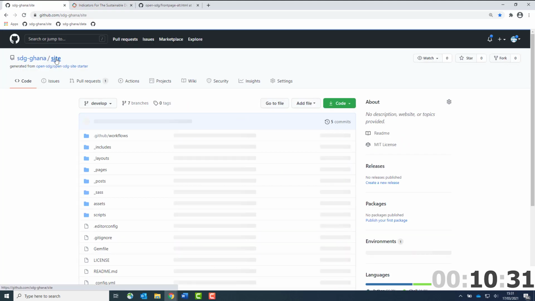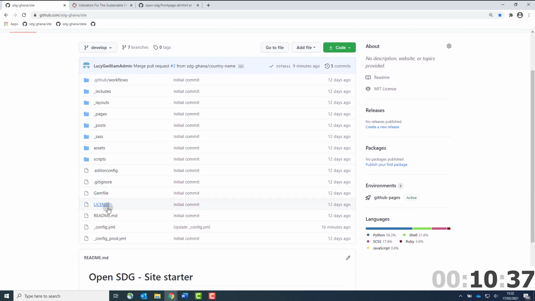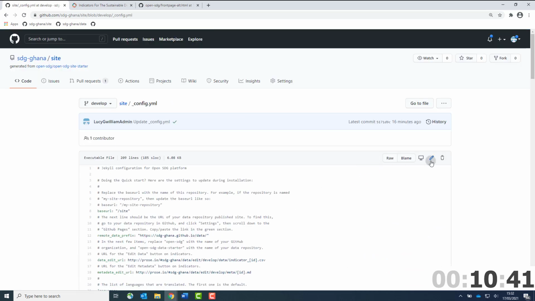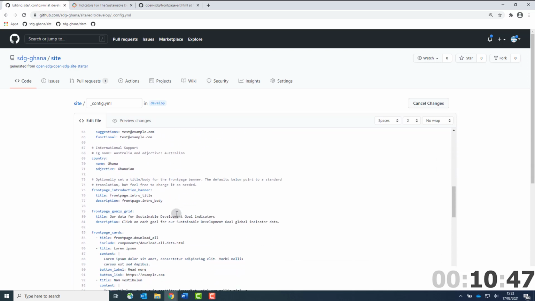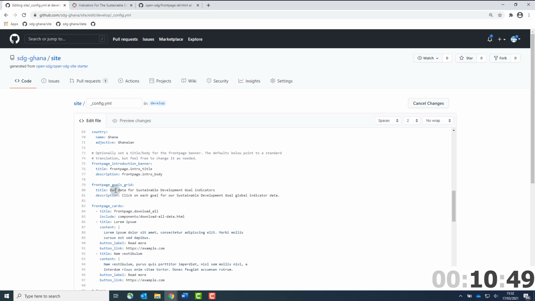All of these changes will take place in the site repository, so navigate there. Once you are in the site repo, open config.yaml and click the pencil to edit the file. Scroll down to the front page goals grid section and edit the sentences to how you would like them to display. I'm just going to make the basic changes of changing "our" in both the title and description to Ghana